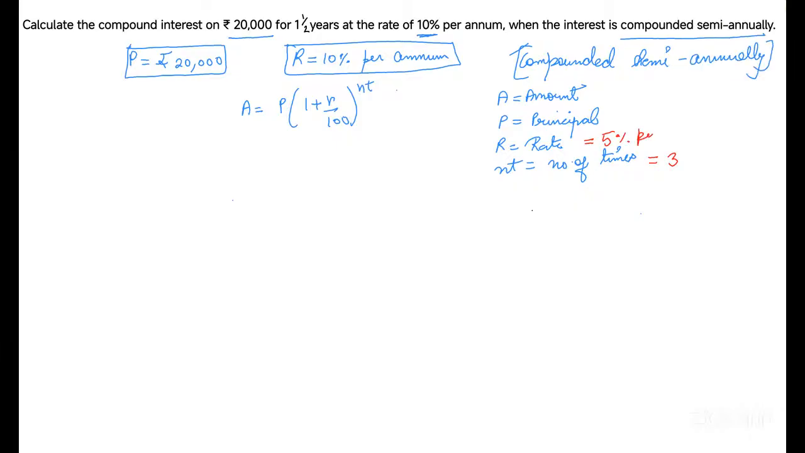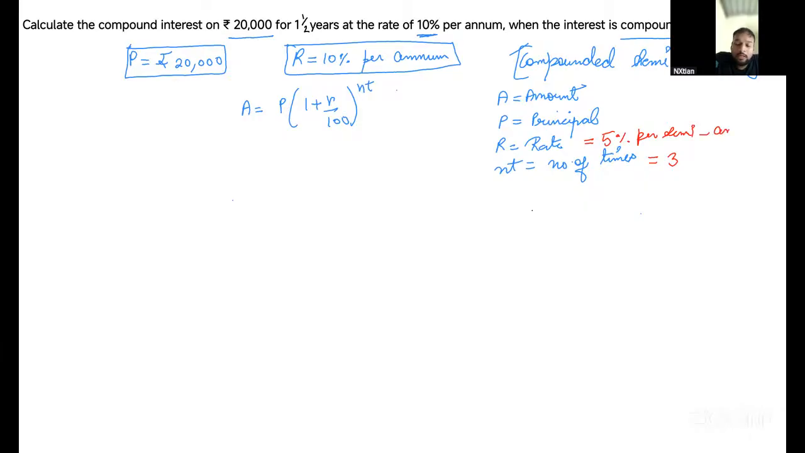Yes, sir. Semi-annual. So if I put in the values, amount equals principal. The principal is 20,000, times 1 plus rate 5 upon 100, to the power of 3. Did you understand, Jashron? No. Okay. So if I put in the value,